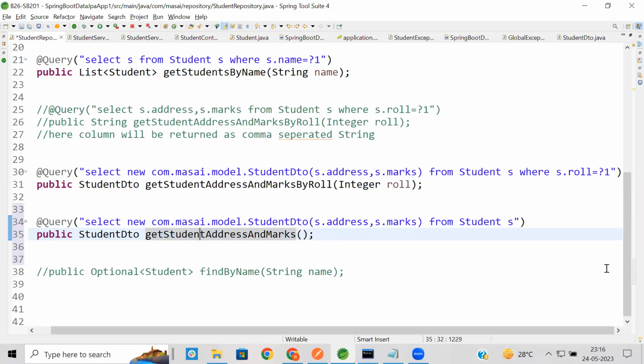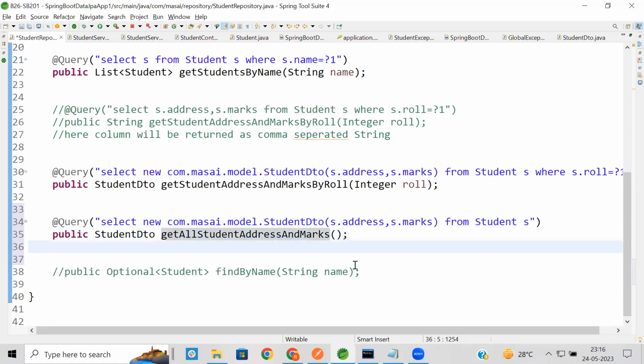Get students address and marks, or get all student address and marks. Now in this case, tell me quickly what the return type will be? Hello? In this case, the return type will be the